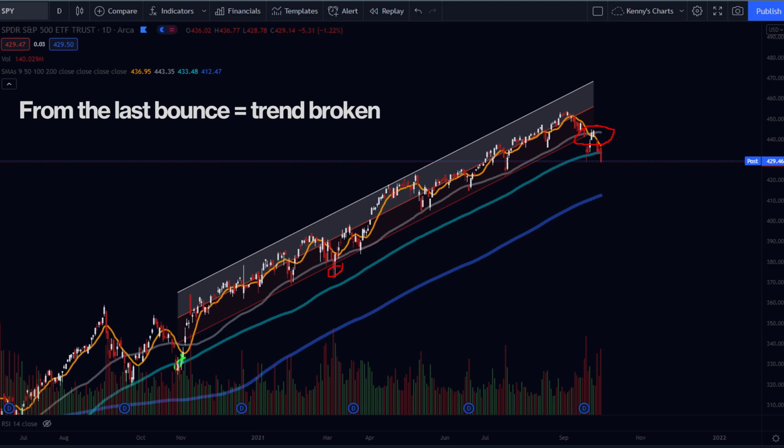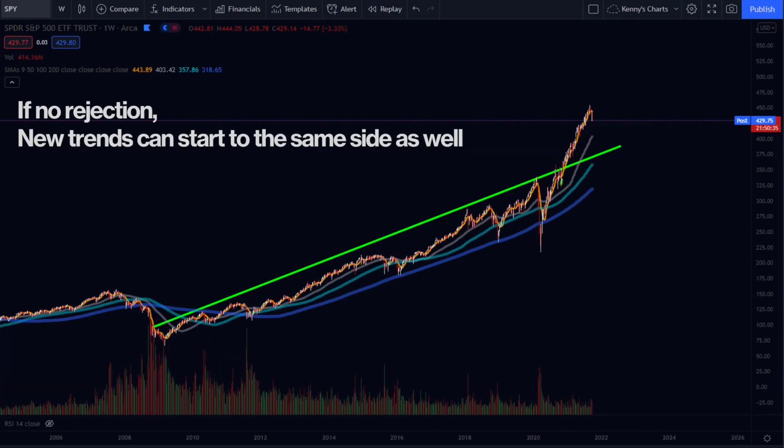So what does that mean? I'm going to walk the dog a little bit, and I think this is an interesting thought experiment, so just enjoy the ride, because here we go. If no rejection, new trends can start on the same side as well. Just because it rejects, if it does come down, you say, oh okay, the trend has broken. When it breaks to the upside, though, it doesn't always mean, even though it's statistically significant,